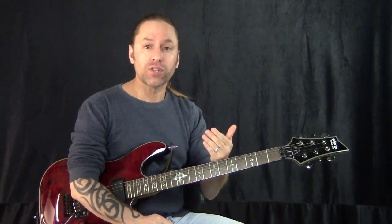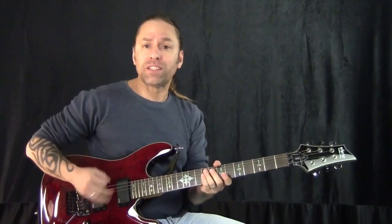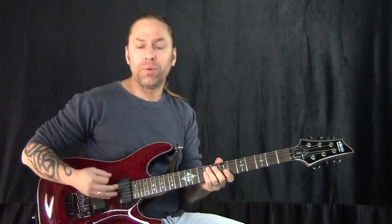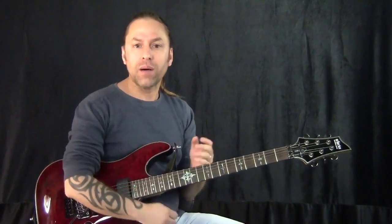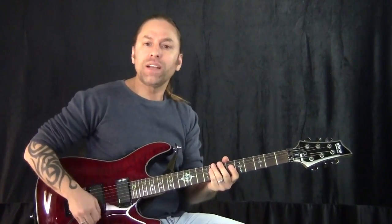and then what we're going to do is we're going to start looking at alternate picking. We're going to do a lot of the same things, although we're going to start implementing, really truly understanding how alternate picking works. Yes, it's just down and up picking, but if you've ever done it before, when you go in to actually start doing alternate picking,